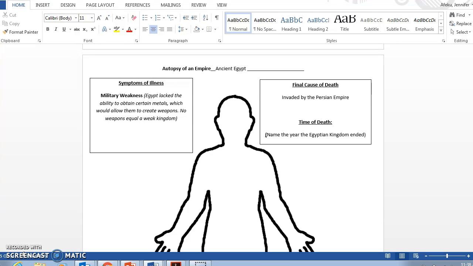So let's jump straight to the point. A lot of you guys have questions about this particular sheet in your Unit 1 packet. As you can see, I filled out the boxes, however, this is for an example. I know you will have to explain the autopsy of ancient Egypt. However, don't copy me, please, like word for word. All right, so